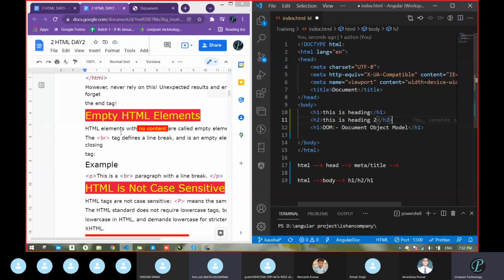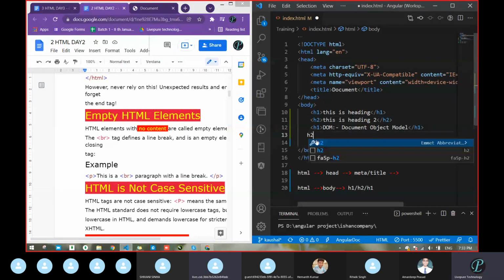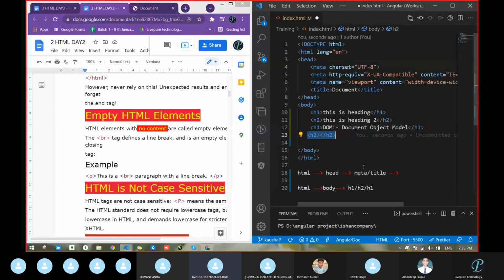Okay, so next, empty HTML element, which is considered as empty. Now just tell me, there is H2, something like that. Content should be there, correct or not? Inside this one, content should be. If we are not keeping any content, is it going to do anything on our UI or not? No, sir. No. Because content means when we are writing any tag, content should be in the middle. So it is not going to affect anything.